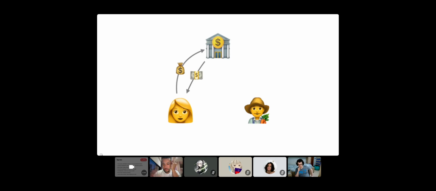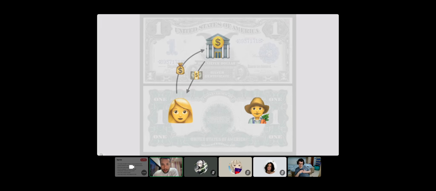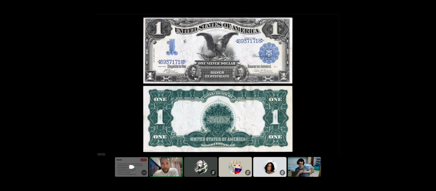So what people started to do is go into something that I will call a bank, and I will use this bank for whatever intermediary is acting on behalf of money here. So Alice goes into this institution, deposits the physical money, and gets some certificate back. It's like paper, and actually this is a picture of a certificate that the United States